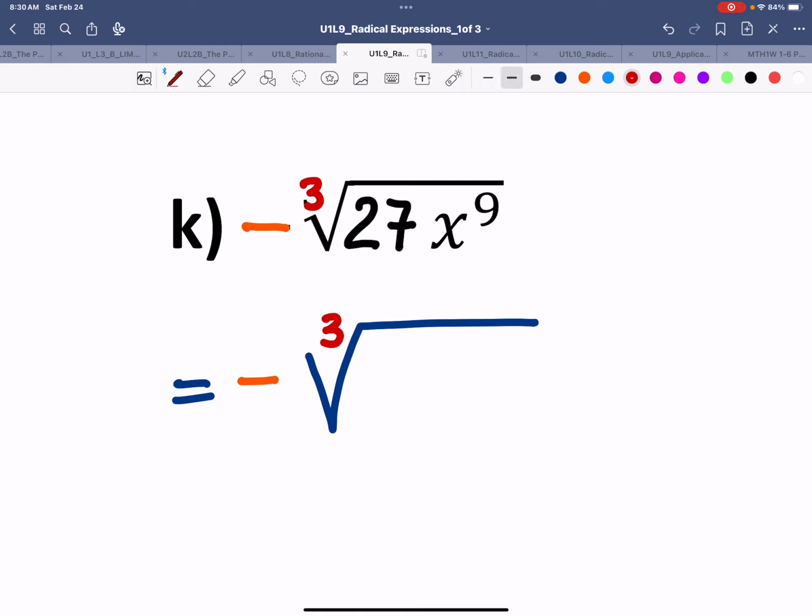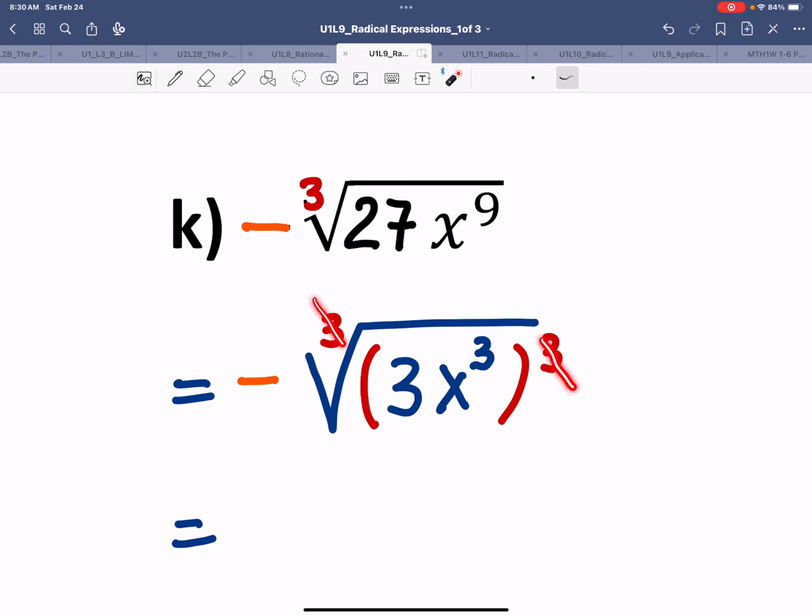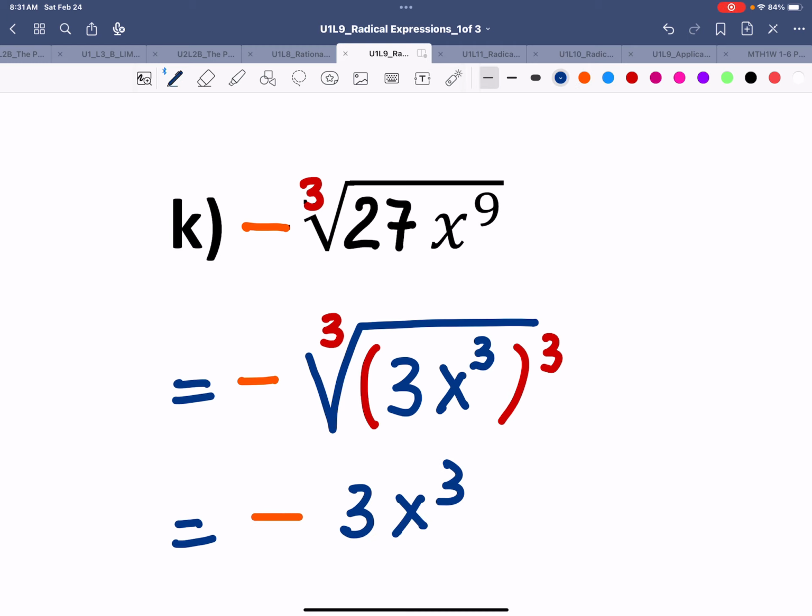But we do have to write this as a perfect power of 3 because we're still simplifying. So 27 is going to need a base of 3. x to the 9 will be x to the power of 3. And the answer will be, simplify the 3's in here. We still have the negative sign in here. And we have 3x to the power of 3 as the